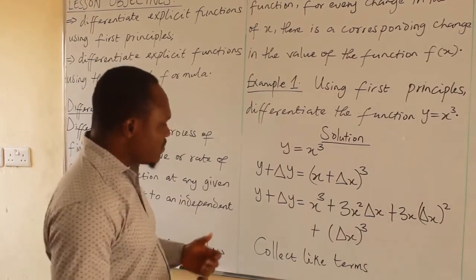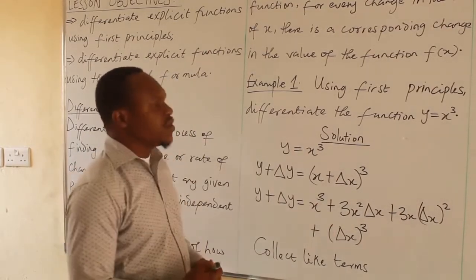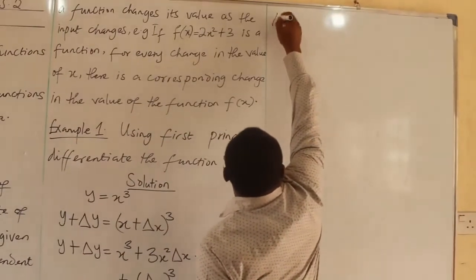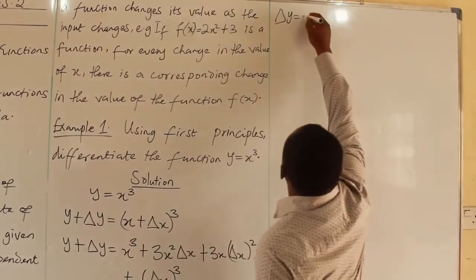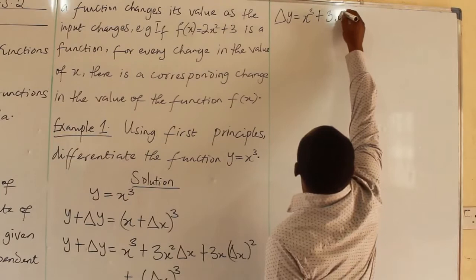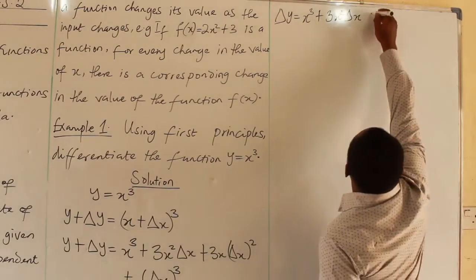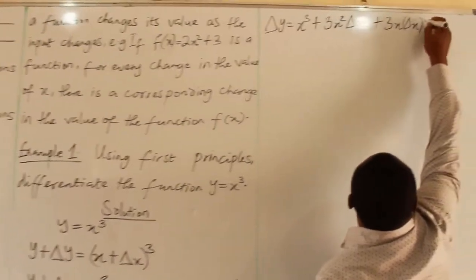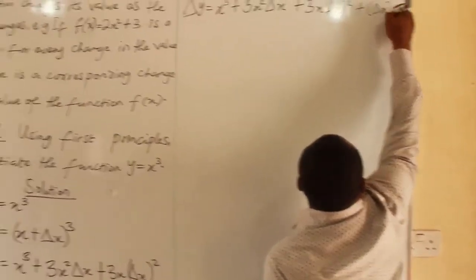That means we move y to the right hand side, and delta y will now be equal to x cubed plus 3x squared delta x plus 3x delta x all squared plus delta x all cubed